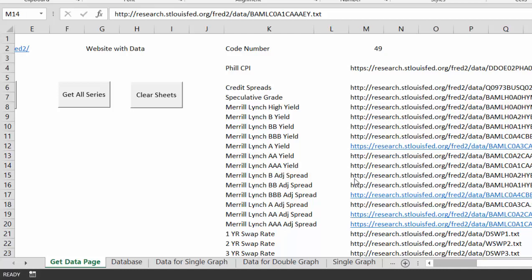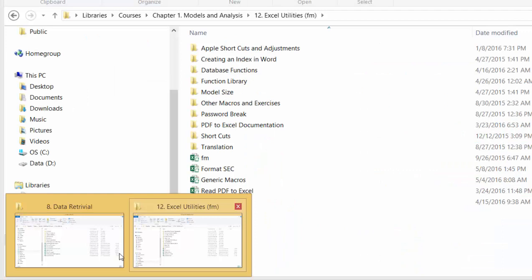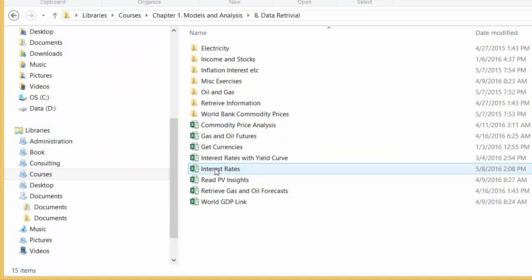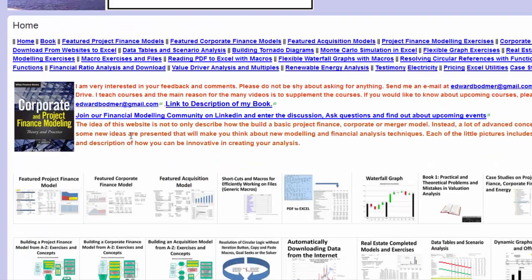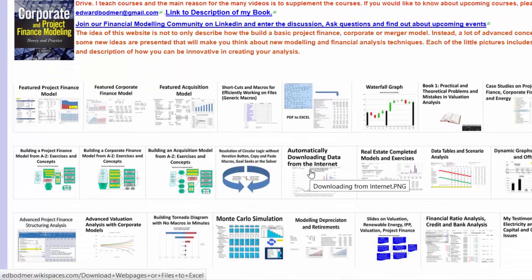Excuse me. Well, this is a little bit of an update on the file. It's the file named interest rates in the data retrieval, and I'll put it in addition. I'll put it to the download from the internet, I guess. Yeah, that's where I'll put it. Should be some better place. There should be almost something called databases, but